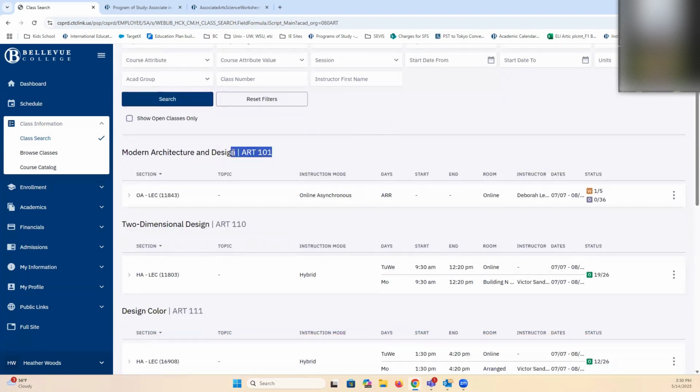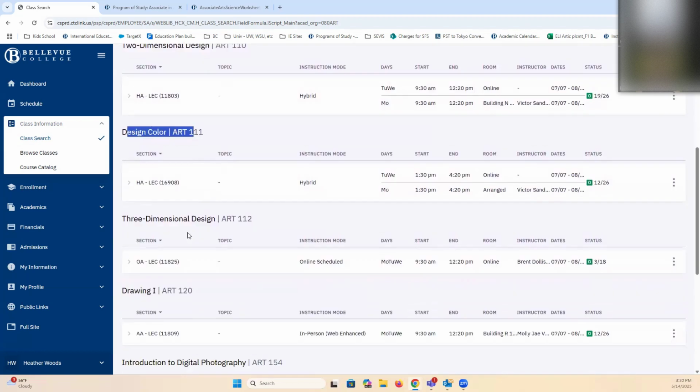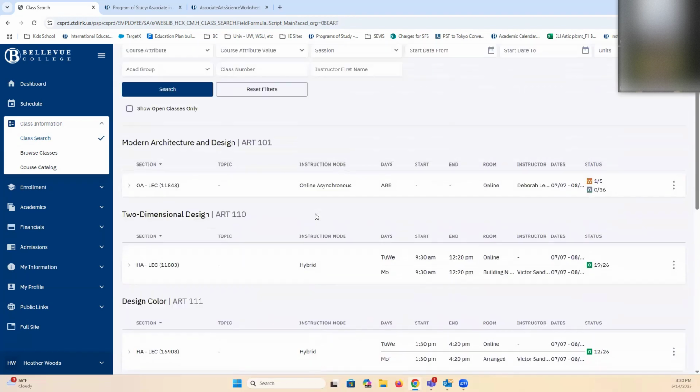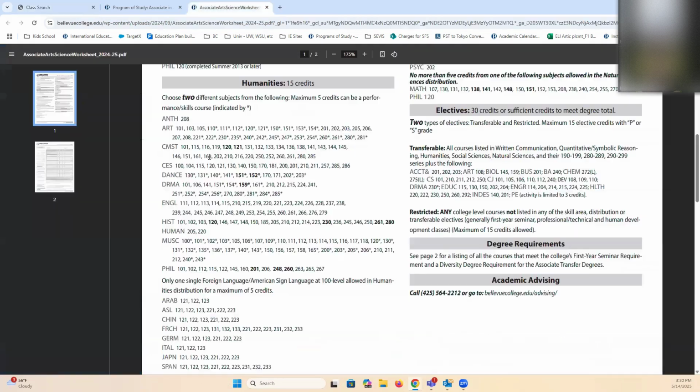So now I can see Art 101 is called Modern Architecture and Design. It is online only in the summer, and it's full and has 1 spot left on the wait list. So this seems to be a popular class for summertime. So I can see the different topics and I can find something that I'm interested in. Okay. If you want to look at one more, perhaps